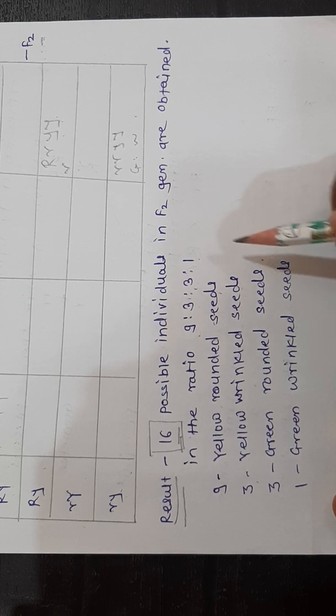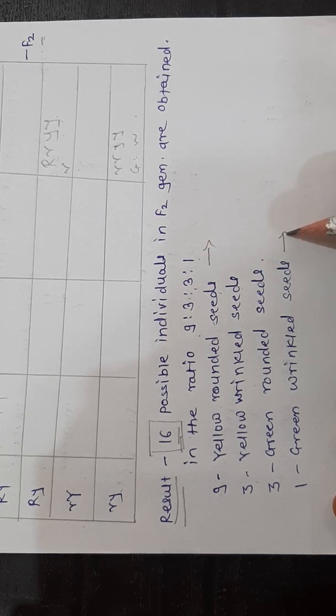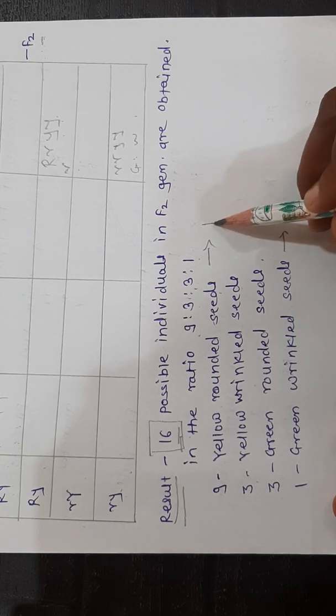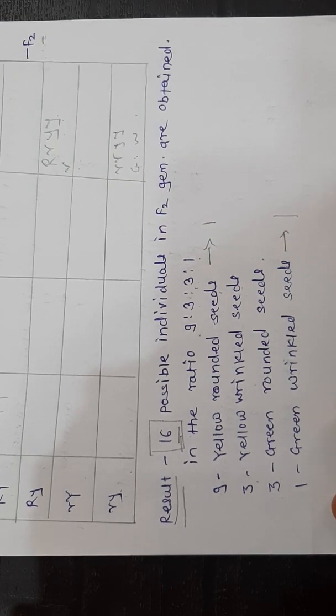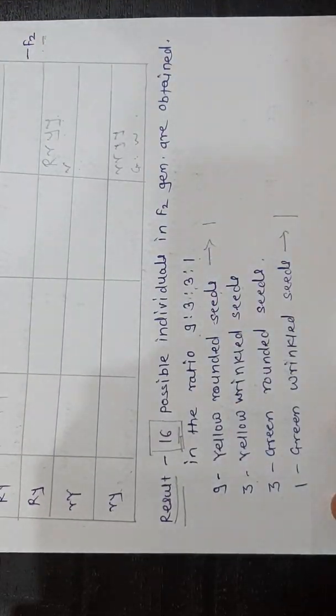Here you may see these are the basic parents. Yellow round seeds. We have taken one parent from yellow round seed, and we have taken one parent from green wrinkled seed. Then what is the ratio? We have obtained the yellow round seeds in 9 number, and we obtain green wrinkled seeds only in 1 number, and the remaining 6 get separated independently, as the name of the law is law of independent assortment. That means the gametes will segregate independently.